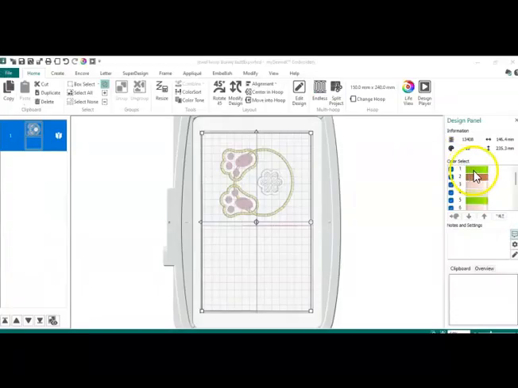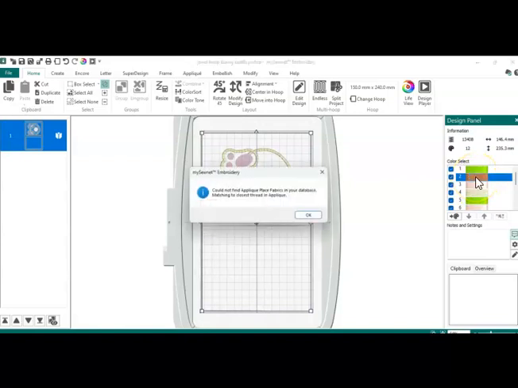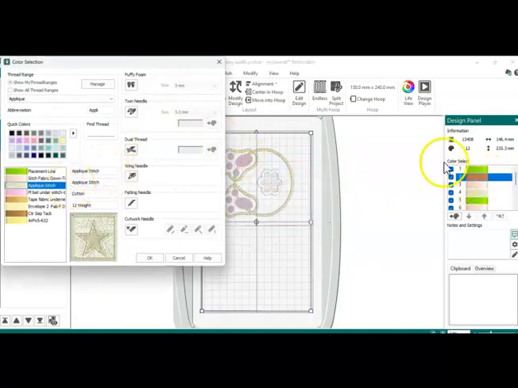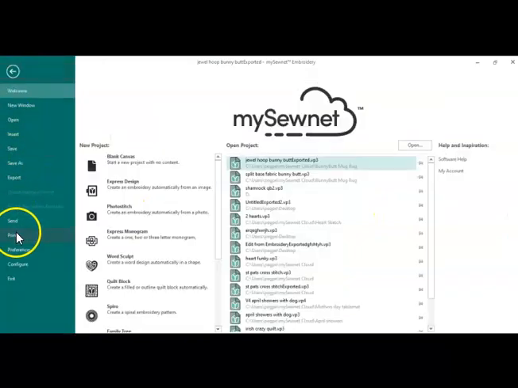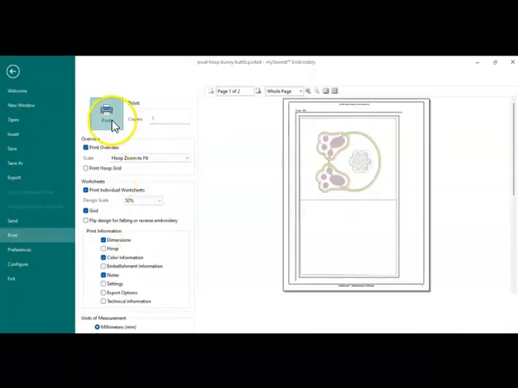And when you scroll through your design panel to bring up the color to see what it is, it will actually tell you what it is rather than the color. When you go to print out your directions,